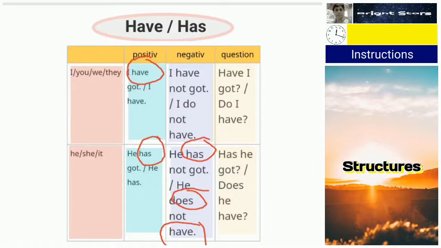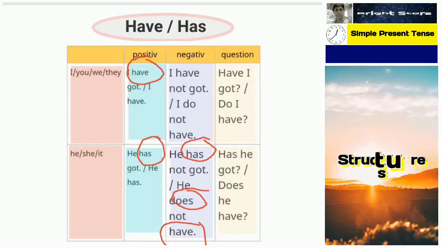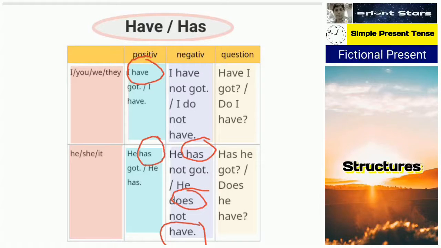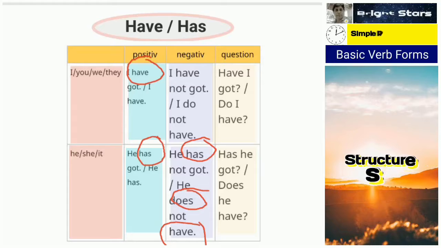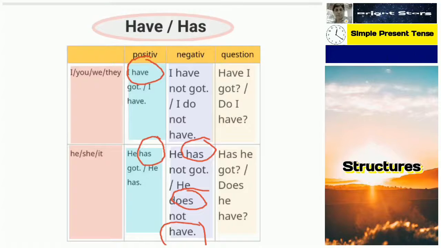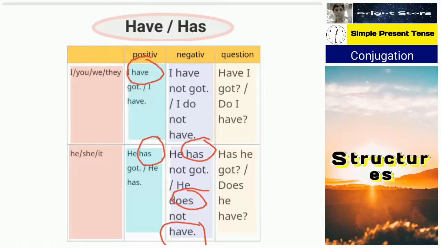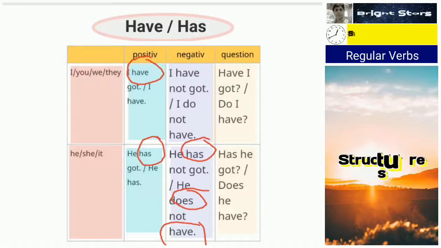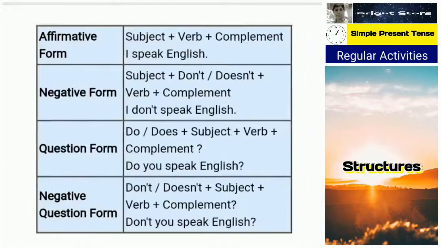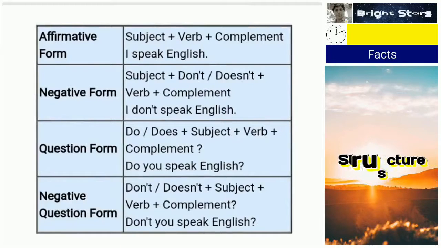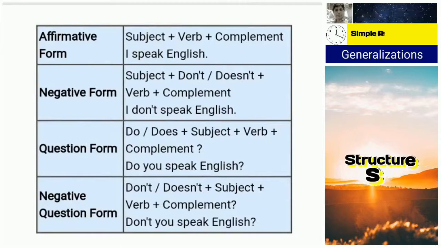This is very important. In the first one, "he has not got", that is a positive sentence form. "He does not have." When does comes, have will be as it is. Have won't become has. You don't forget this while writing. Next, you see another table is there. This table you copy as it is into your notebook.